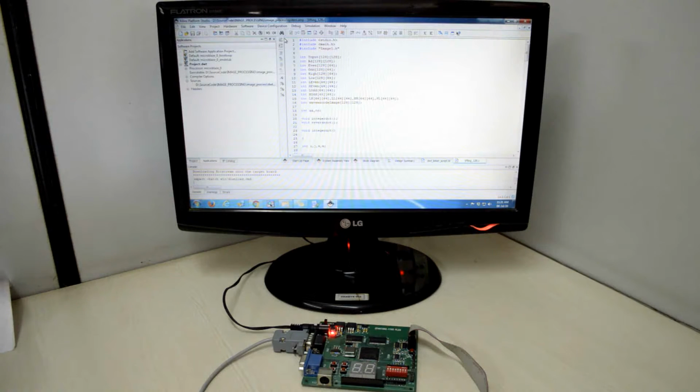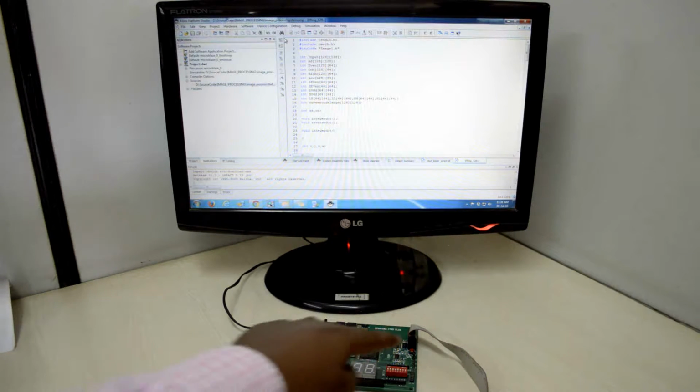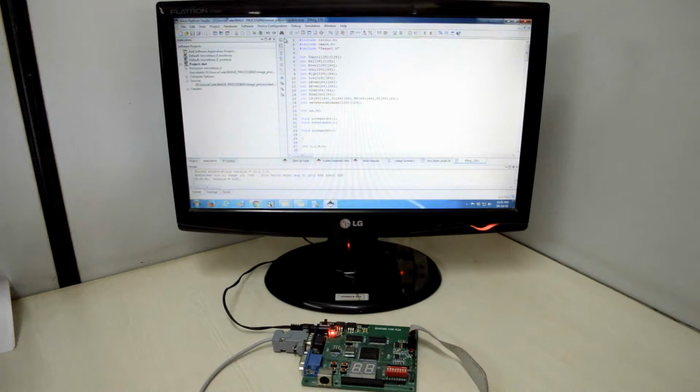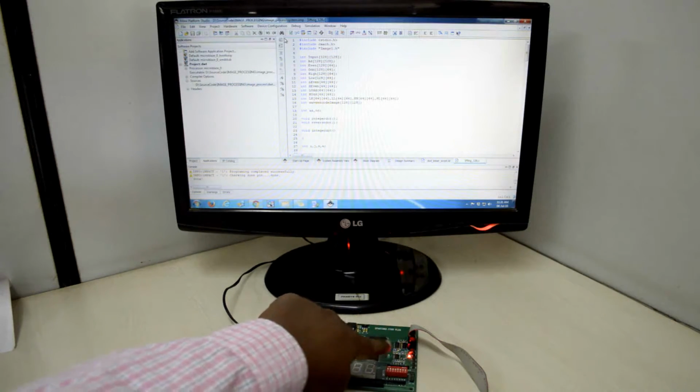Once the program is downloaded, you will see the done LED glowing on that FPGA board. You can see that LED is glowing over here.